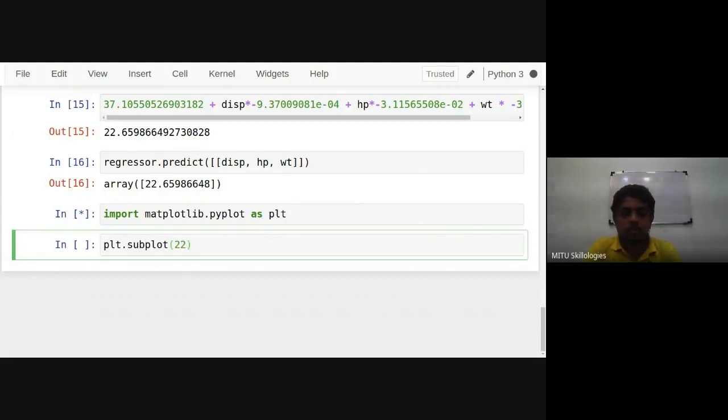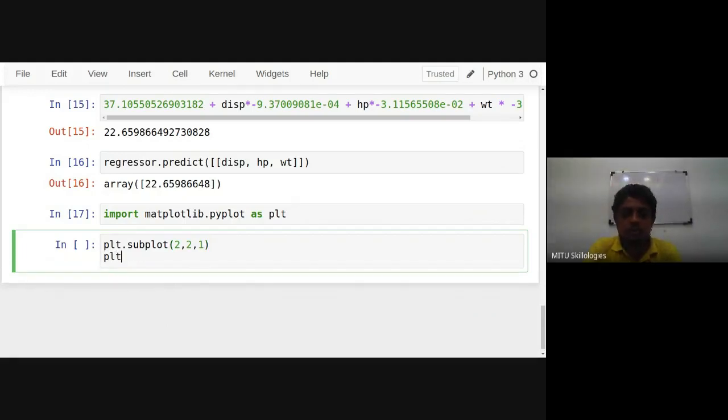Let's say in this first subplot, I'll draw the input variable x of displacement against MPG, or against y.